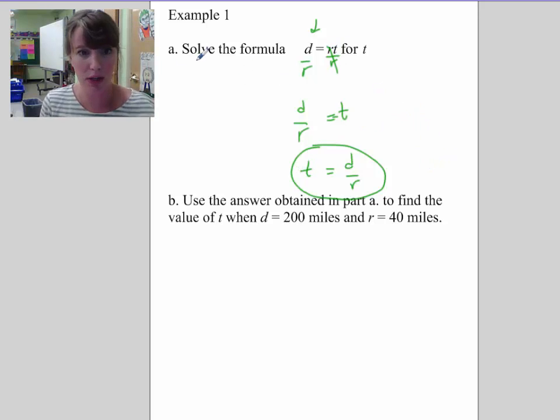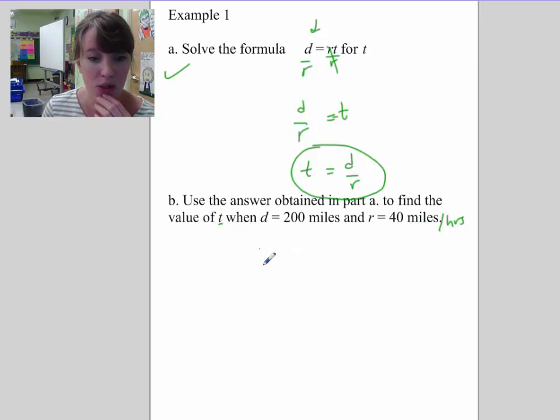Okay, so I've done the first part. I've solved it for t. Use the answer obtained in part A to find the value of t when the distance is 200 and the rate is 40 miles per hour. That actually should be r is equal to a rate, so you've got to be careful here. What I'm looking for is the time traveled. Okay, so time traveled is equal to 200 miles divided by 40